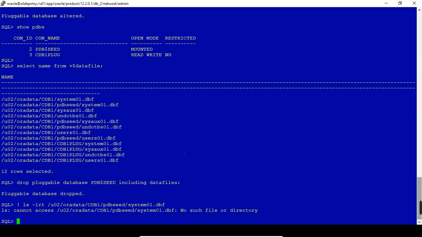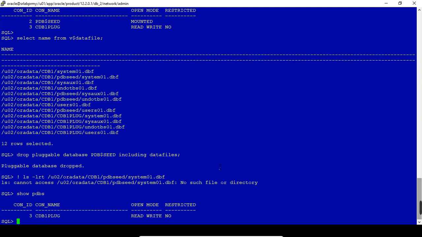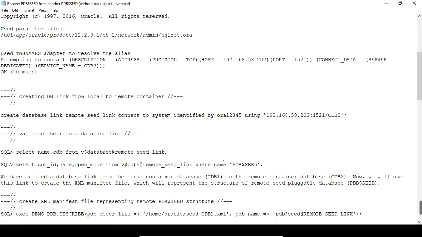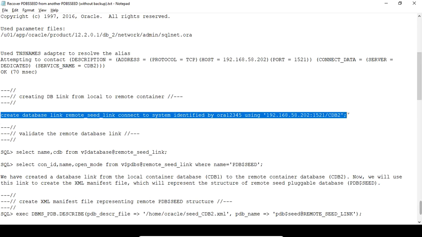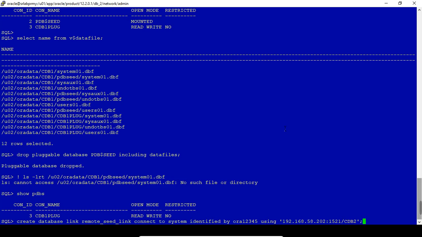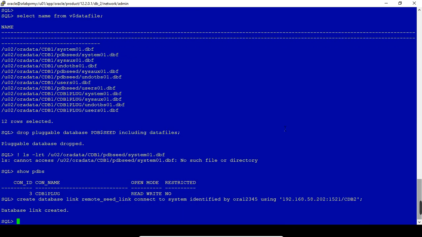So in our case the PDB seed is not there, we have dropped it. Now I am going to create the database link in the source, pointing to the target container. So I have created the database link using the target container entry.